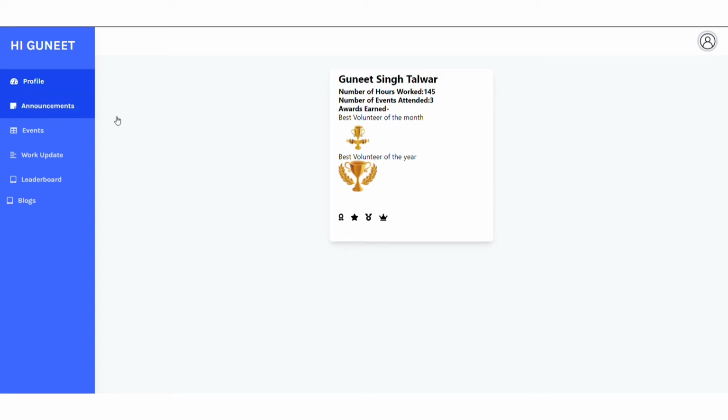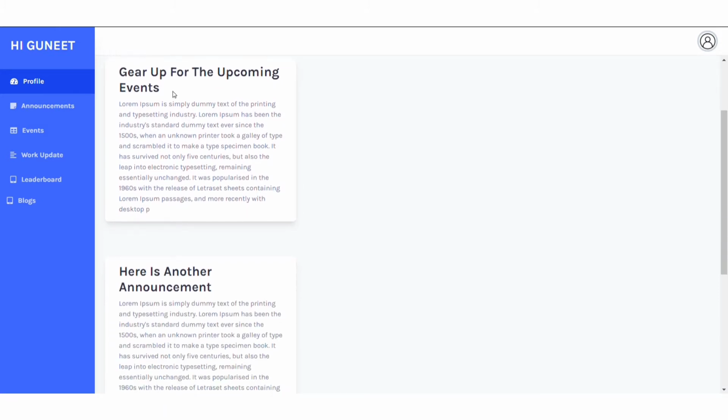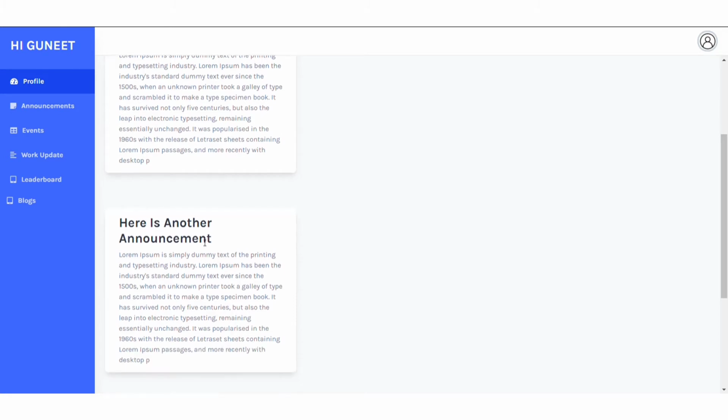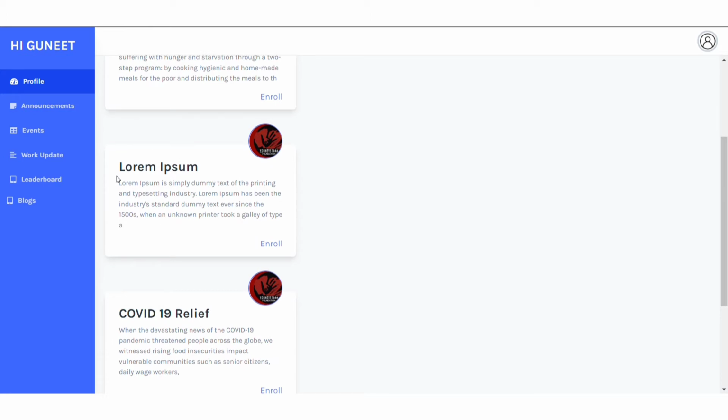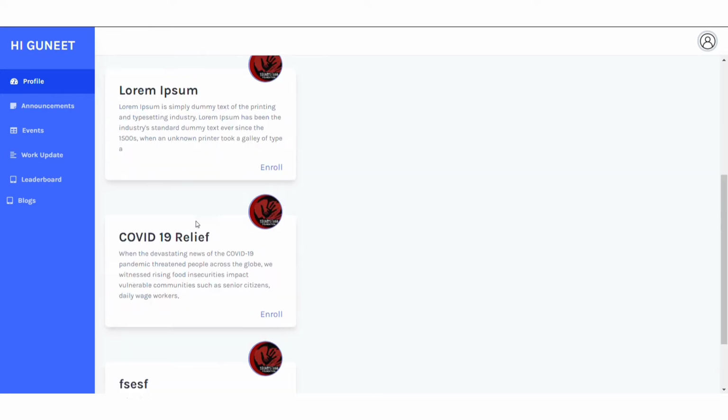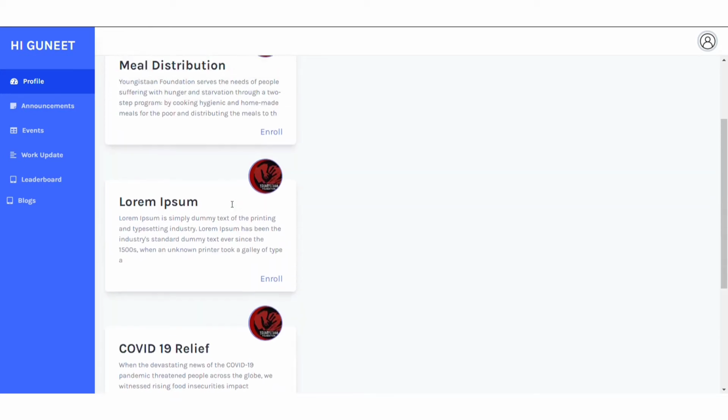Then there is an announcements page where the admin can go ahead and post announcements, and all the users will be getting to see these announcements. Next being the events page. So there are just a couple of example events that we have added in here, and a user can just go ahead and click on enroll and find himself